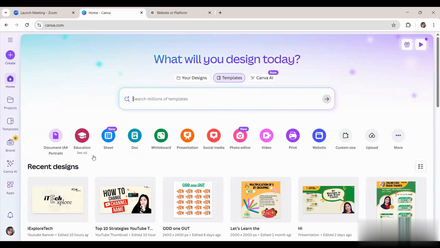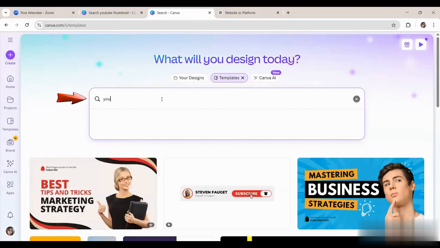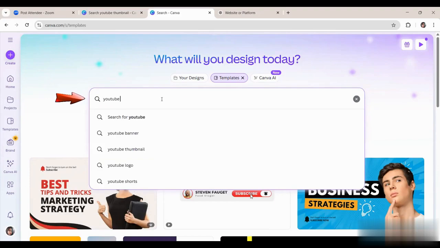Canva gives us a lot of choices here depending on what you want to create. It's just right here for education, sheets, documents, or whiteboard, presentations, for social media, Facebook, Instagram, TikTok, or whatever you need to do. There's a lot here. You can also customize your own size here, but you can just simply type in here what you need, just like what we have here. What will you design today? We can just write here the YouTube thumbnail,